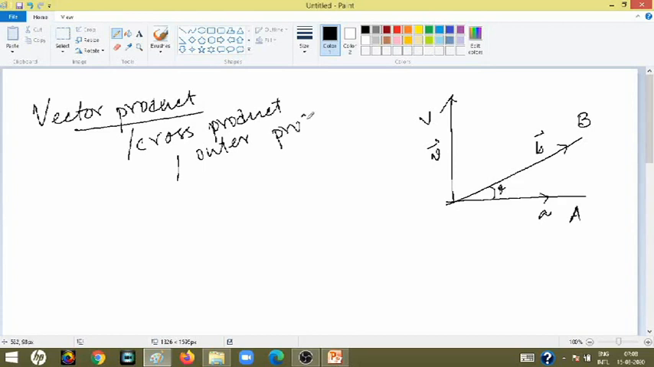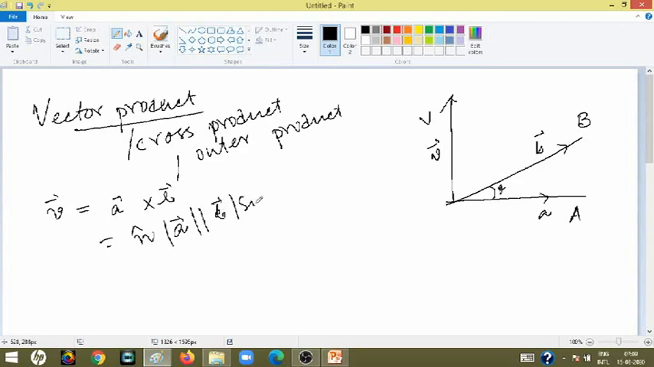Also called the outer product. What is this? This is a vector V equal to A cross B. Previously we denoted the dot product with a dot operator. This equals a unit vector n times modulus of A, modulus of B, sin theta,